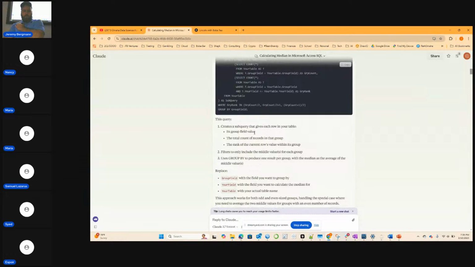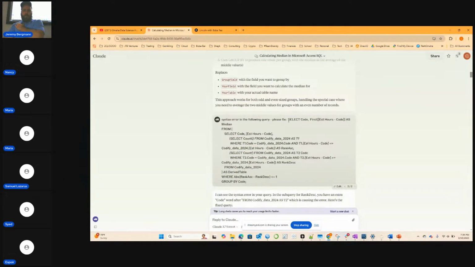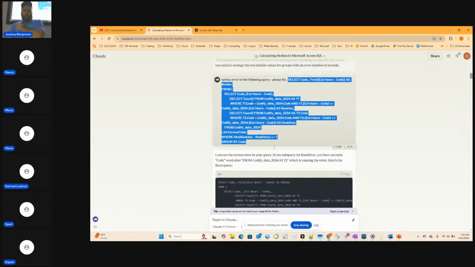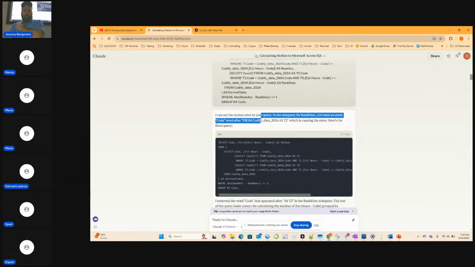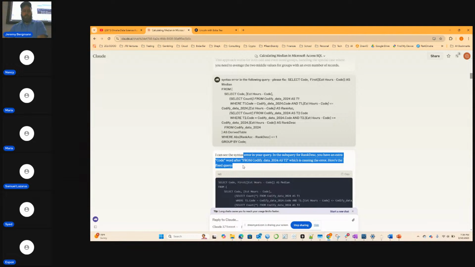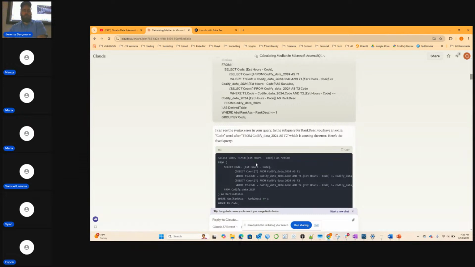Then I started to do it myself. I had an error in it when I tried to use the example, and I'm like, please fix this. And it found the syntax error. Sometimes you could look at something for 20 or 30 minutes, especially in SQL, and not see the error. So you can dump it in there and be like, why is my query not running? And it's really informative, right? Because it'll be like, you had an extra comma after the word from in the data.